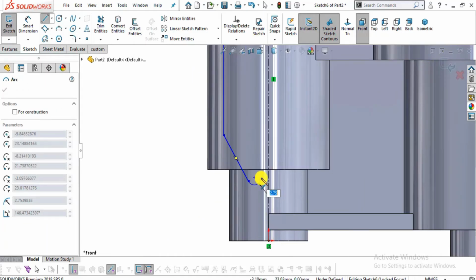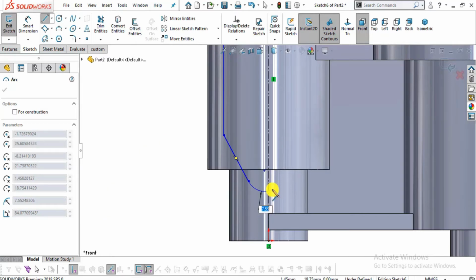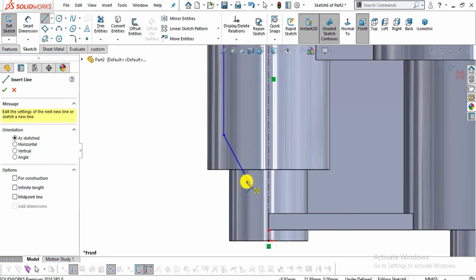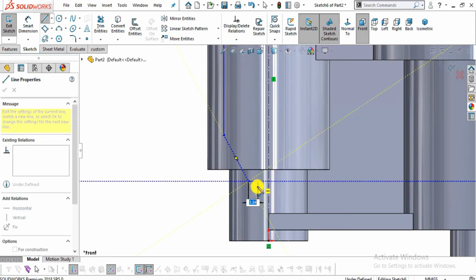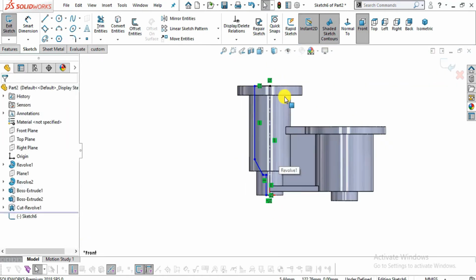Now little bit of inward. It changed into arc, so let me select it again, little bit of inward and in vertical downward direction, and close this sketch.